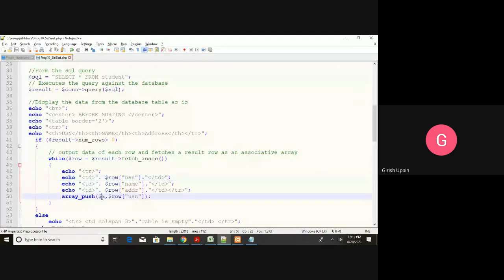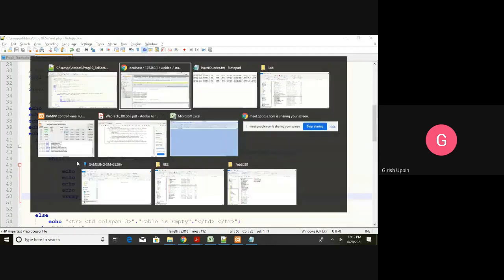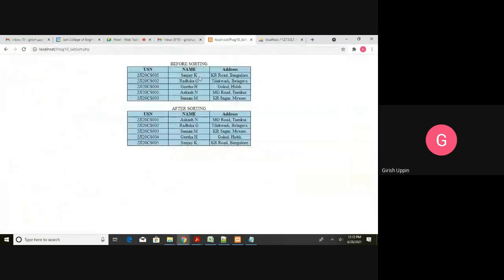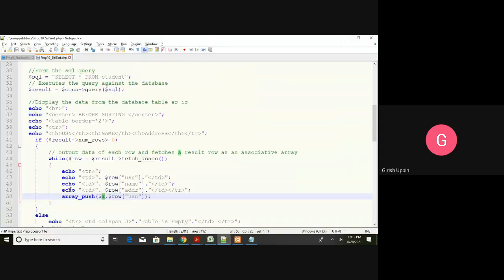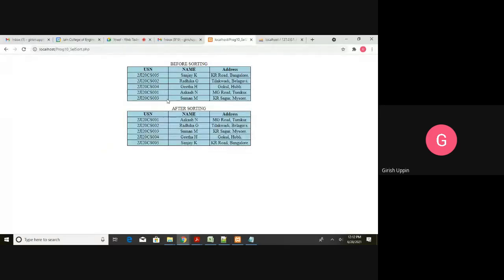I have one more array. Initially we declare this array. I am pushing the USN number to that. So it will go at the end. In this case, it is the beginning of the array, so it will go as the first array element. This particular USN will go as one element of this array. Then I am going to move to the next. The first row will be displayed, and then it will move to the second row. So this will continue as long as there are results. Once the results are stopped, it will come out of the loop. That is how we are going to display all the values.